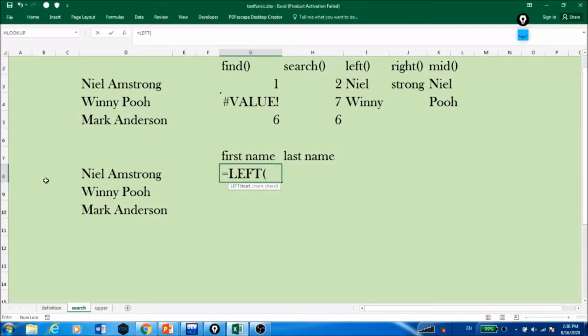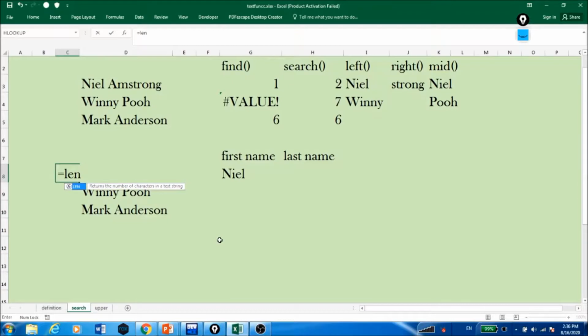First name is nothing but it is starting from the left side, right? So you have to use the LEFT function. From the left it will take this, till the space. This is nothing but the space. Text, comma, here you can give it as 4 for Neil, right? Enter. But what will happen here? The other data characters are not the same length as the first, right? So like this, it will give only 4 characters, right?